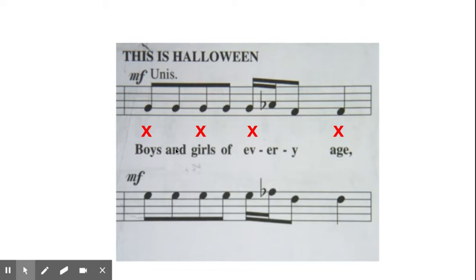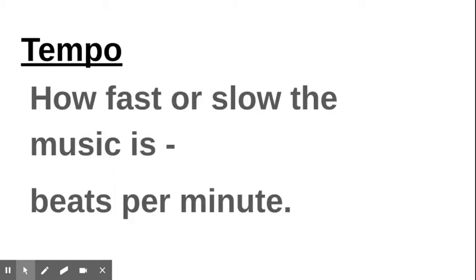And learning which note means what as far as how quickly you move through them, that is part of the picture when it comes to figuring out rhythms. Now, an important concept that is related and sort of governs how quickly all these rhythms go and how quickly the music goes is tempo. That refers to how fast or slow the music is, and that's measured in beats per minute.